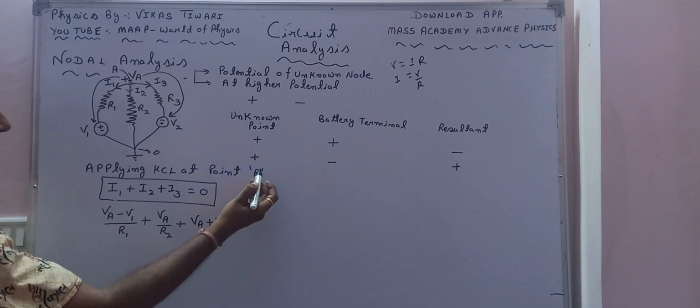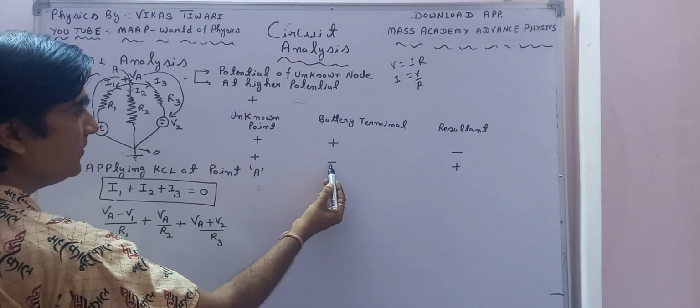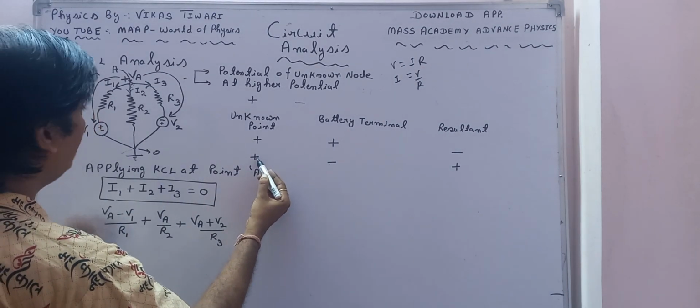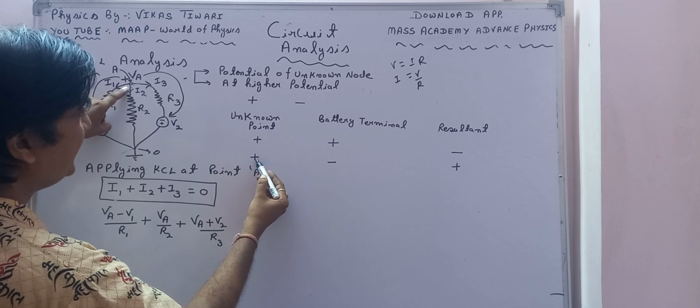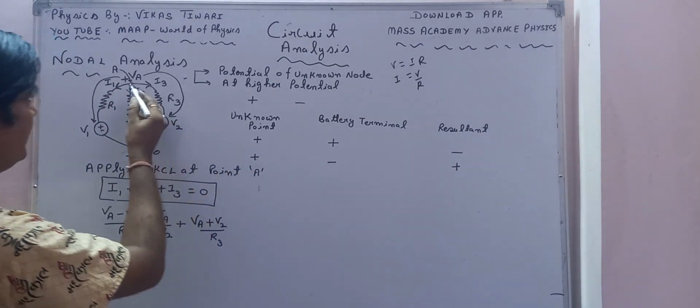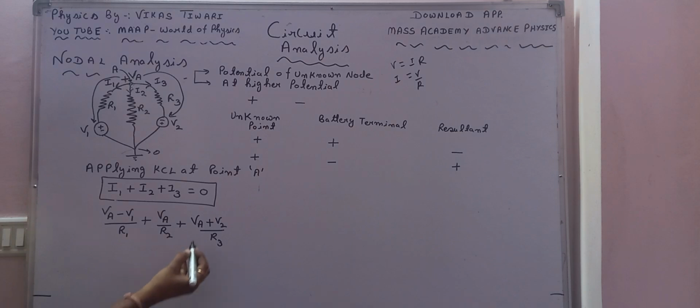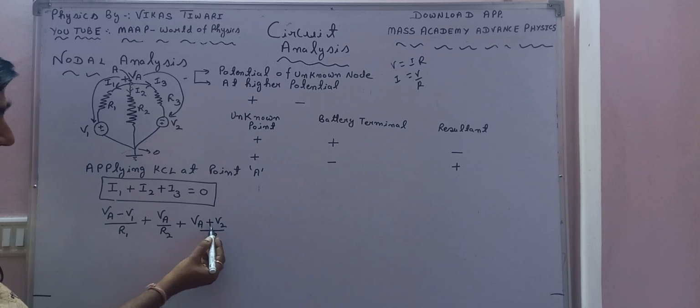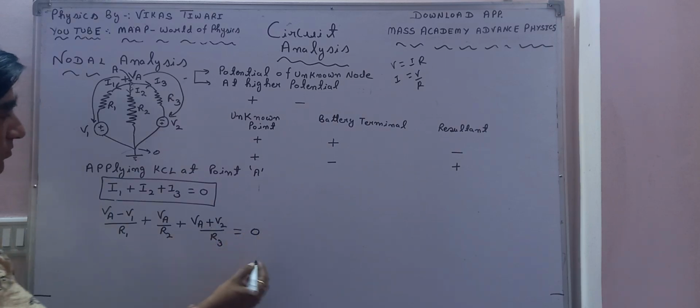I have already told you that whenever the sign of the unknown point faces the negative terminal of the battery, the resultant voltage is taken like this. The resultant between two voltages is positive, and the sum of all the currents is equal to 0, provided that